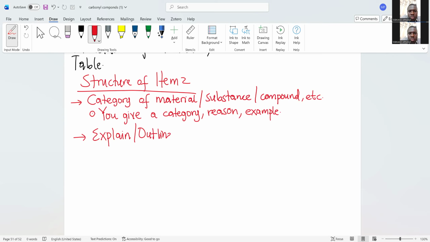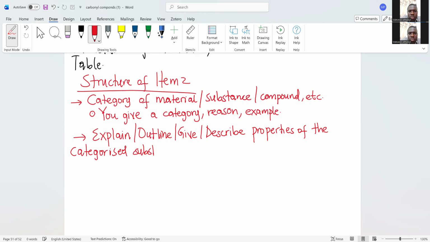outline, give, describe properties of the categorized substance. Properties: describe, explain, outline, give properties of the categorized substance, then plus use